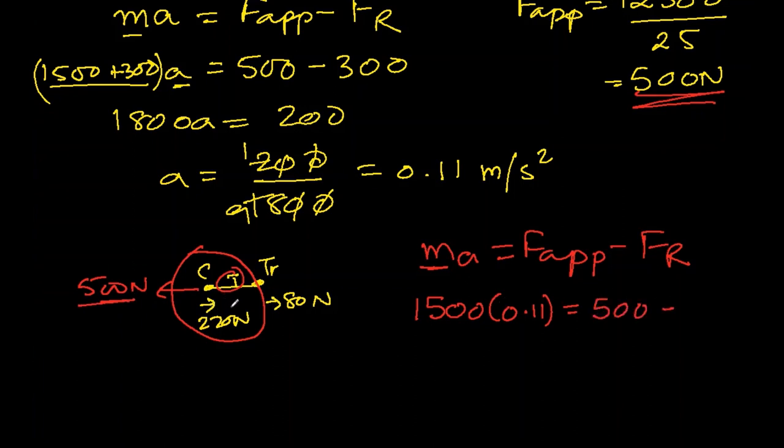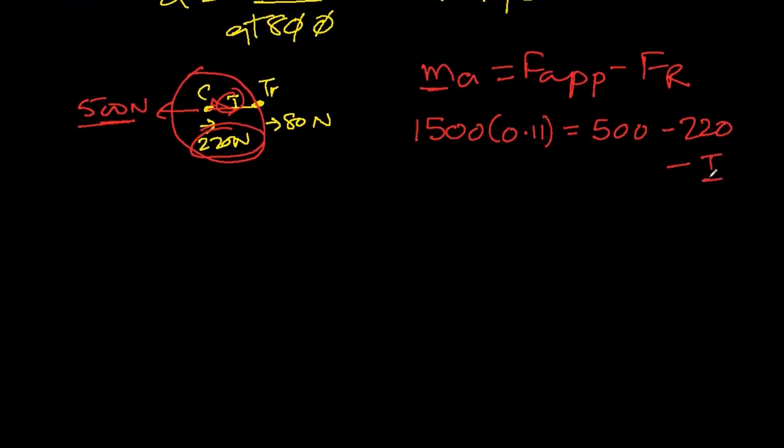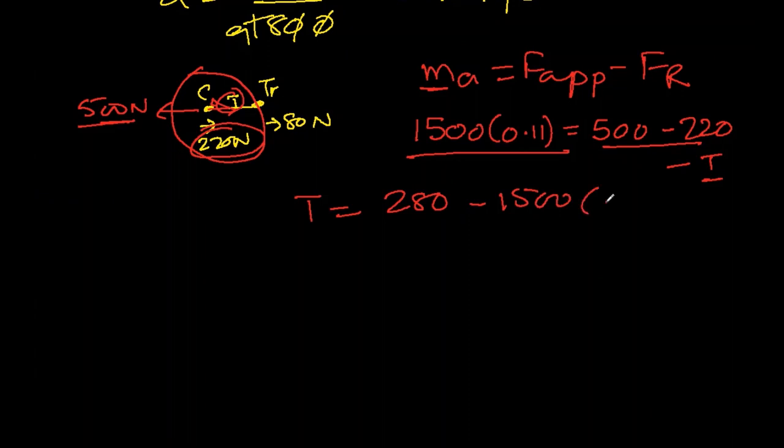And the resistive force is 220 newtons here, and the tension is also in the backwards direction. It is connecting the trailer, so it is pulling the trailer. So it will be 220 plus tension also. Let's bring this tension to the left side and bring the rest to the right side. So tension equals 500 minus 220, which is 280, and minus this one which comes here, 1500 multiplied by